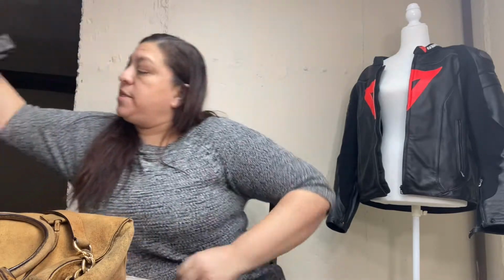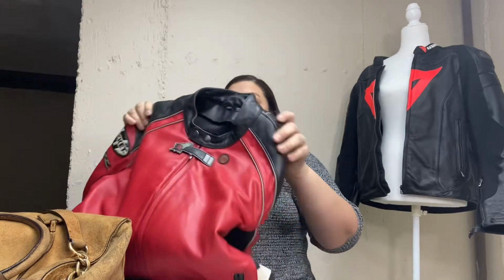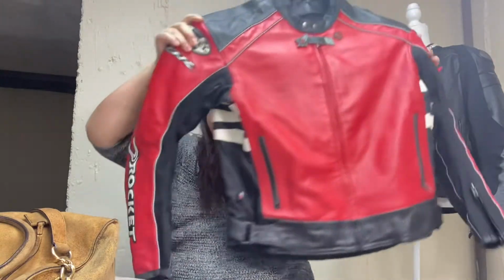Oh, I'm sorry, I forgot this. It's $27 then, because I paid $10 for each jacket. I picked up another one while I was there. She had two. This one is not in that great a shape. It has some condition issues, so I didn't put it up first. It's a Honda Rocket leather jacket, but